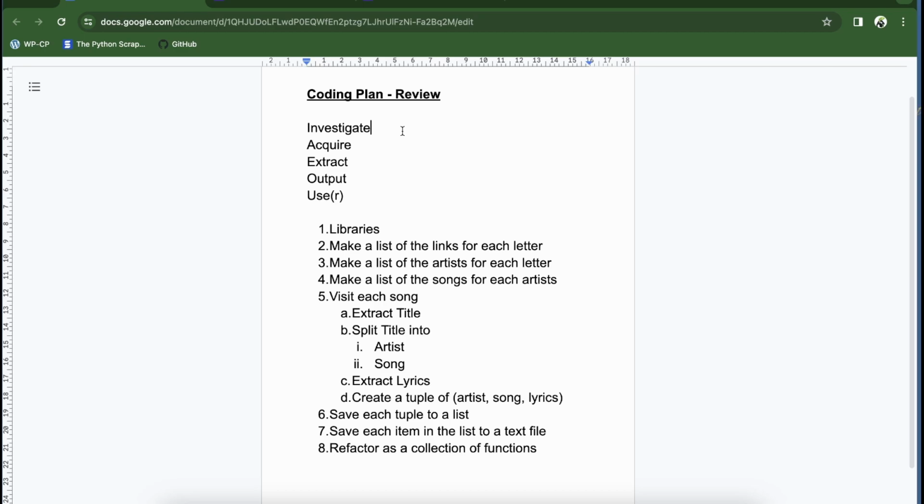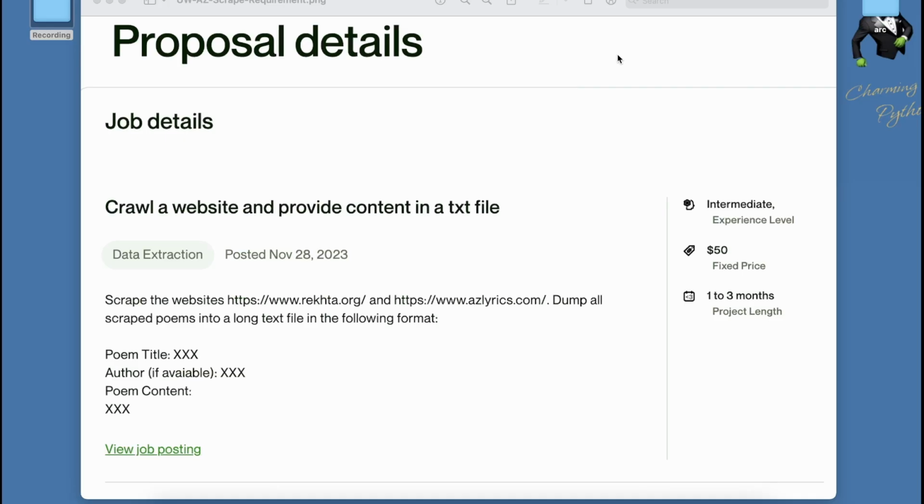So here's the Upwork proposal. We would have scraped the websites. We chose one of those, the AZLyrics, and dumped all of the scraped poems, in this case lyrics, into a long single text file using the following format. And it was down as a 1 to 3 months project length, but I think we completed that in around about 30 minutes. And if we'd completed both sites, that would have paid $50, which is a tidy little sum for